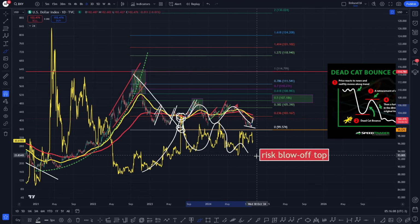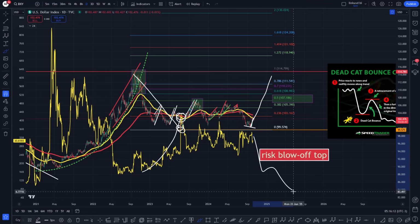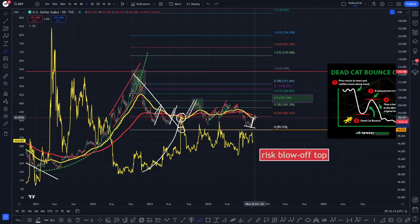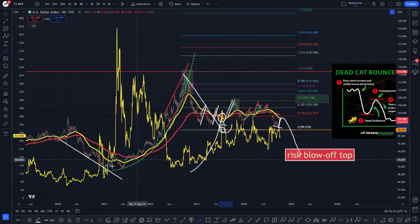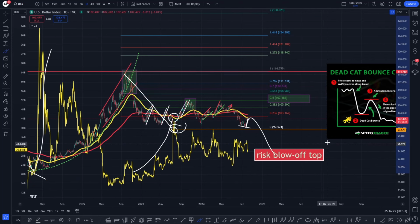Okay, so at this point, this is where if this does start to break out like this, XRP will flush down, and then it's not as bullish as I think. And then obviously if it starts to roll over and sweeps this low, this is it. The stage is set. That's there. This is the flush. This is there. Boom. This is here as well. This is the flush. This is this stage. Boom. So I wouldn't take it off the table, and this is why I do remain bullish on XRP,